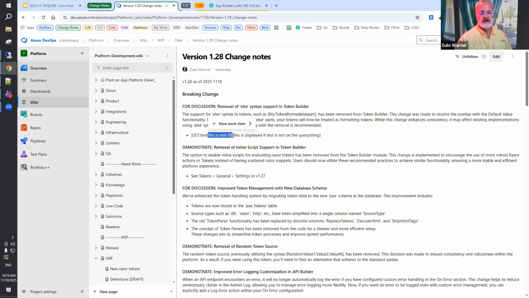There was this third part in the old system that is an else part. And this is, to our knowledge, rarely used. It just says if that token doesn't exist, then instead we'll show this, whatever this is. And that is not present in version 1.28. So if you have a rare use case where you are using this else part, and again,